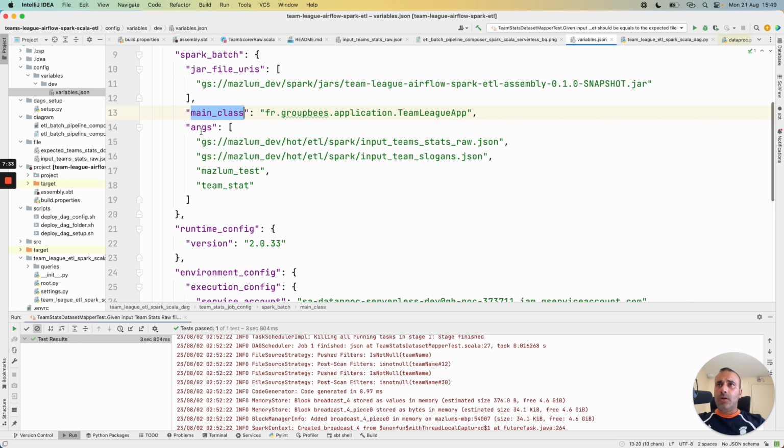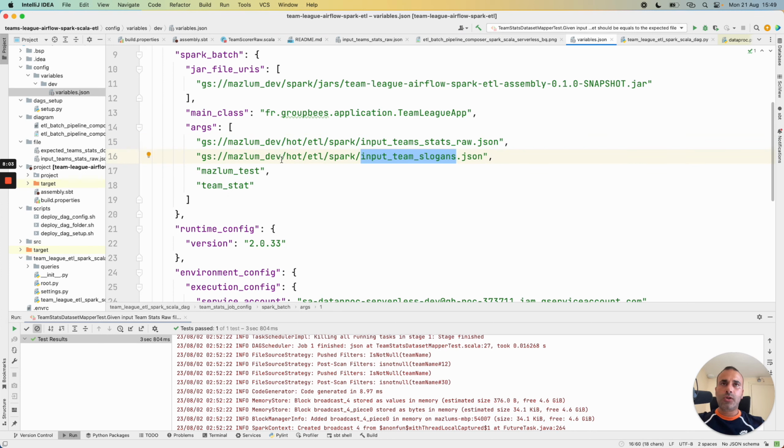In the args, we give all the job arguments, like the input JSON file to read, and also we give a side input because this use case with Spark will retrieve raw data, then cross it with a slogan per team.